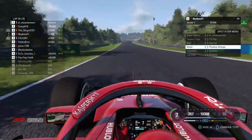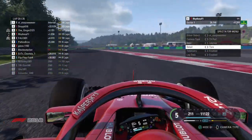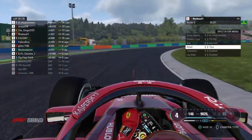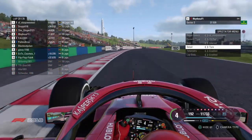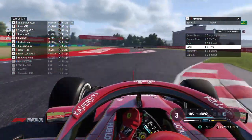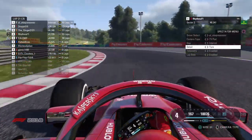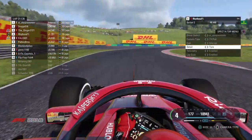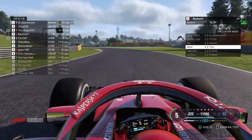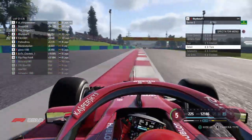And Rhythms, I have no clue what he can do with these medium sets. Most likely, I'm willing to bet that we'll have to stop sooner or later for an ultra soft set by the end of the race. Well, we cannot see the tyre wear percentage with these drivers, so it's hard to speculate where or whether